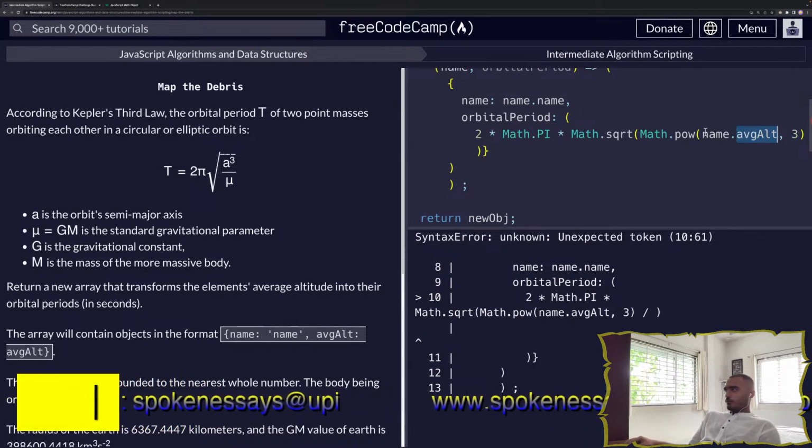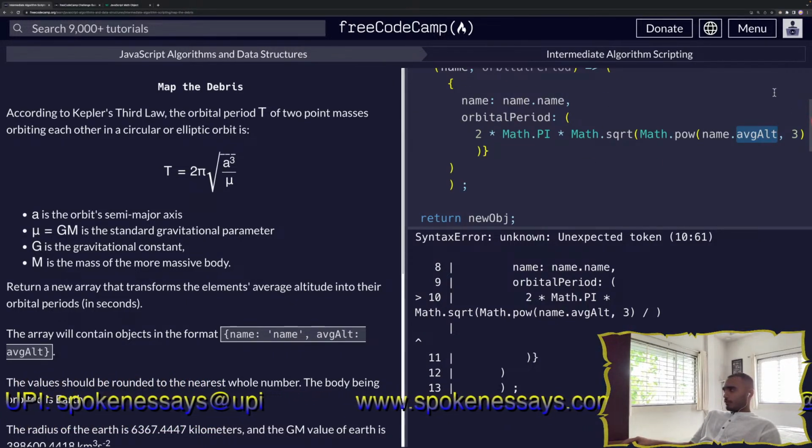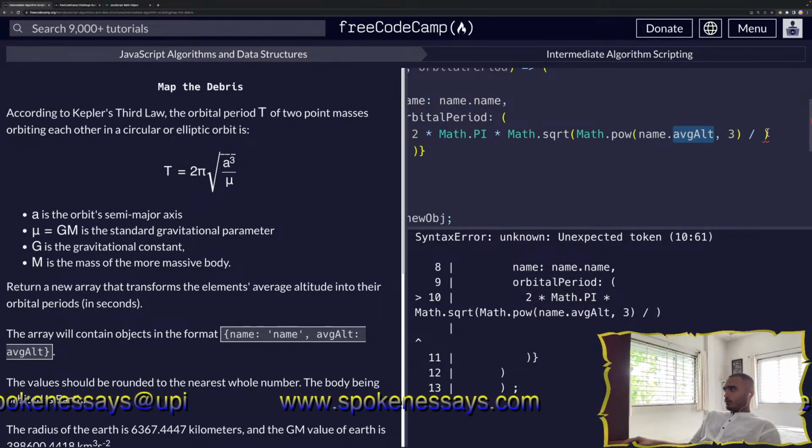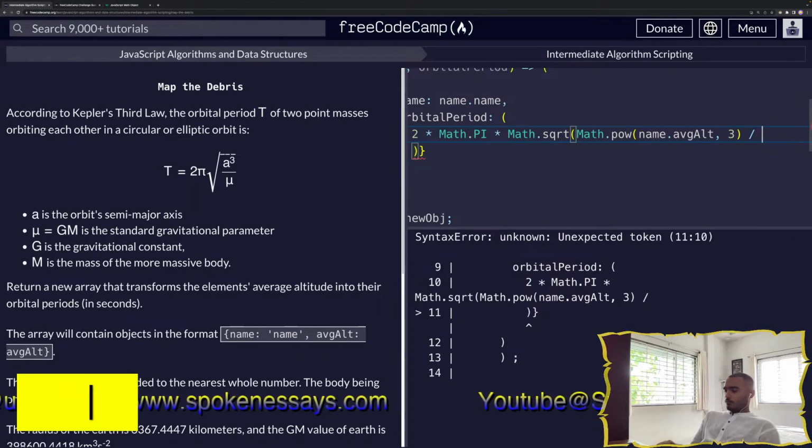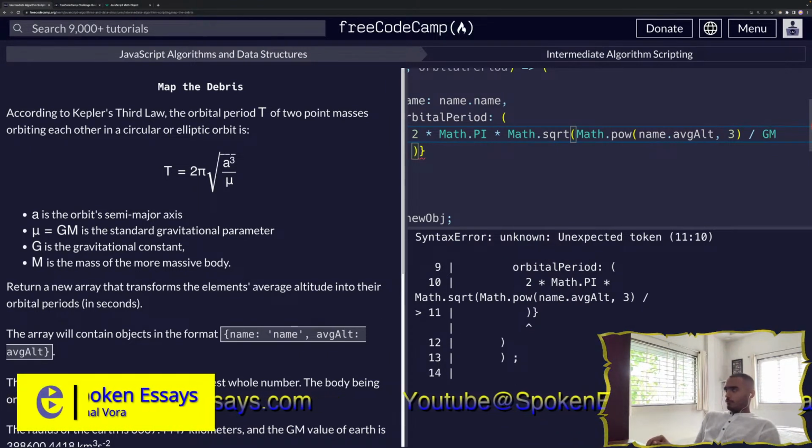So it started raining. Yay! Why is there another? There shouldn't be any brackets, right? GM